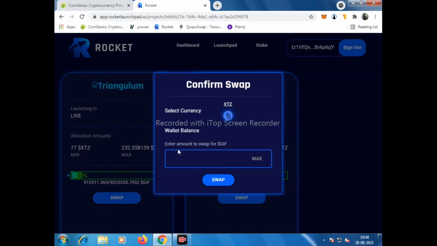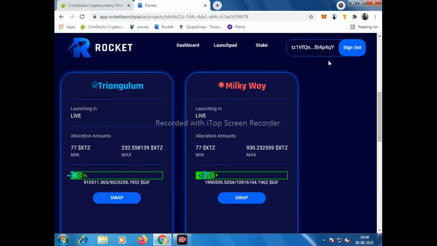A pop-up will open here. Now you have to put your quantity. You cannot enter less than the minimum allocation. So I will go for the maximum, that is 232. Click on swap,